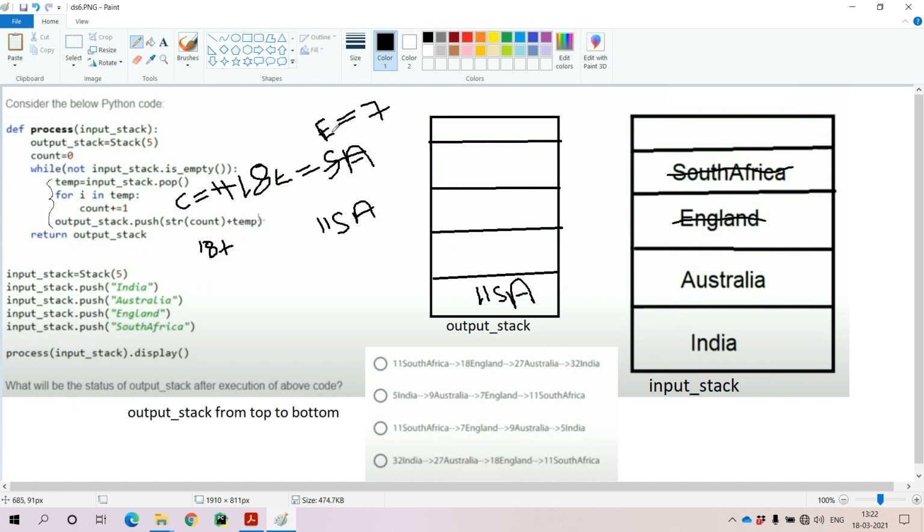In the temp string we are holding the word England. We concatenate England with 18 and hold it in the output stack. Now the next element that we insert in the output stack is 18 England.